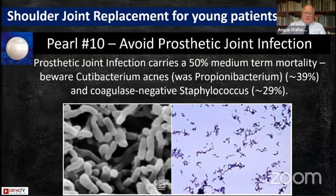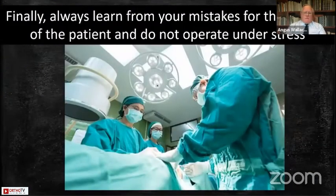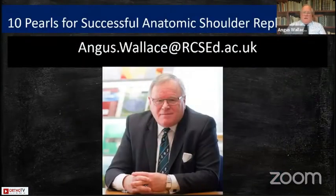Cutibacterium acnes and coagulase negative staph are the cause of the majority of our infections. And a final tip, don't operate under stress and learn from your mistakes. So these are my 10 pearls for successful